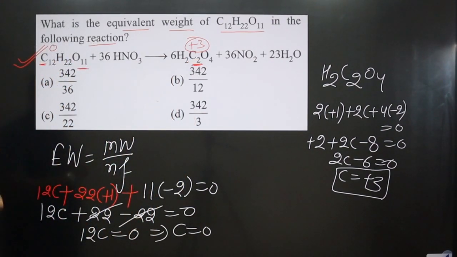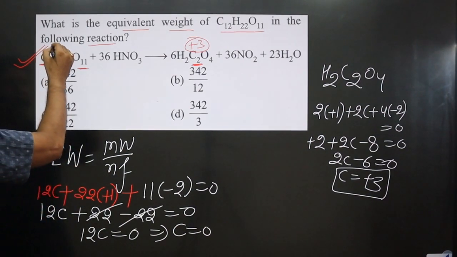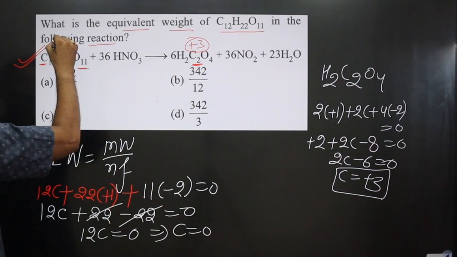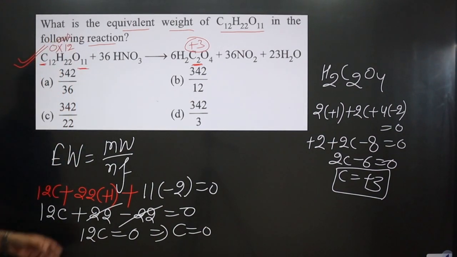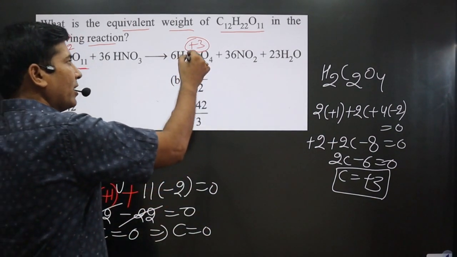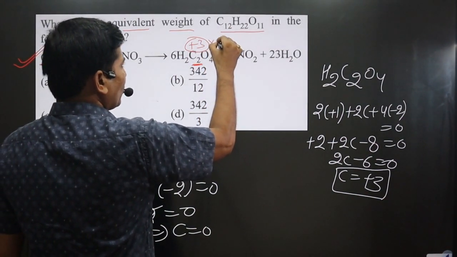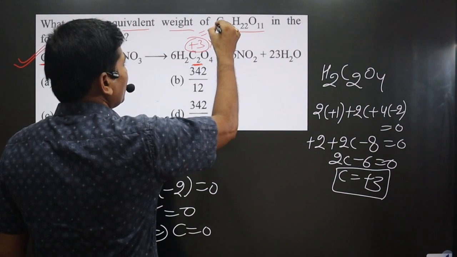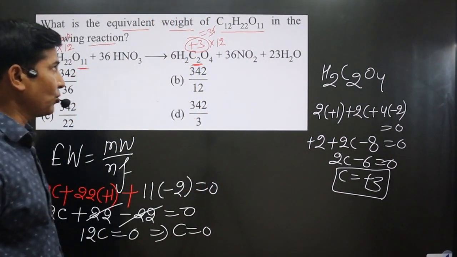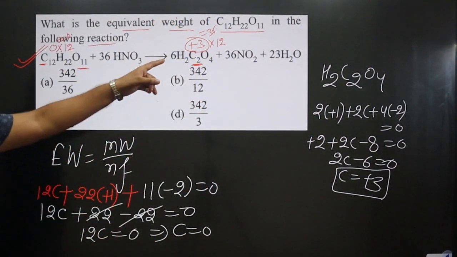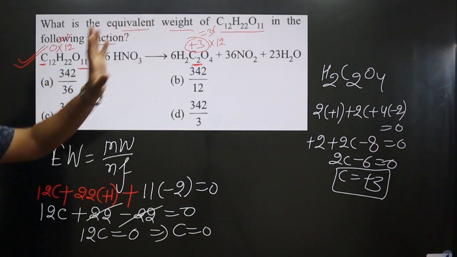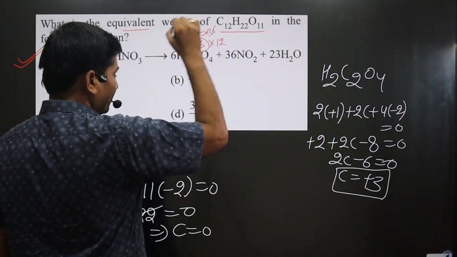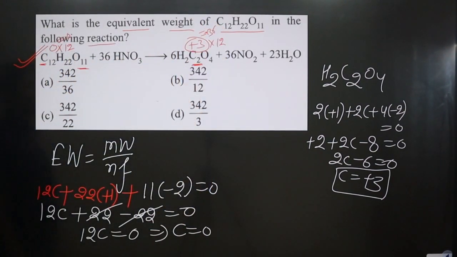Pay attention carefully. 1 carbon is 0, then 12 carbon multiplied by 12 is equal to 0 oxidation number. On the other side, 1 carbon is plus 3, then 12 carbon will be 12 times 3, that is 36. So 12 carbon will have plus 36 oxidation number. I can mention the positive sign also. It is a positive oxidation number.